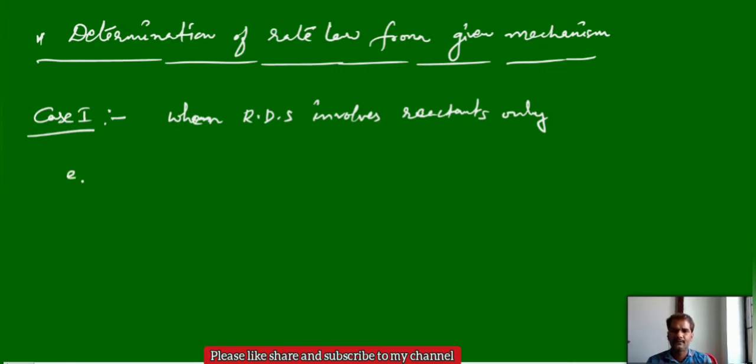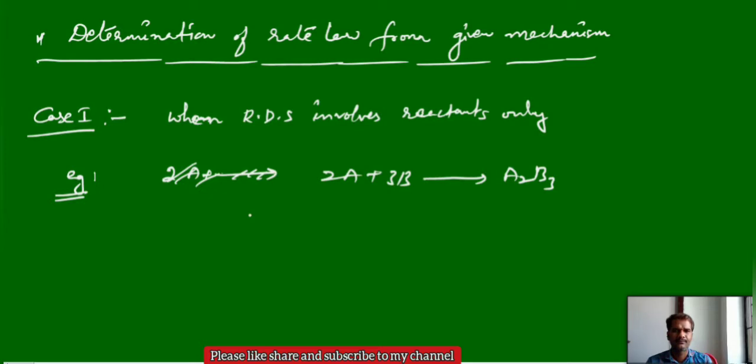Let us take an example. We have one reaction, 2A plus 3B gives rise to A2B3. This is the overall reaction. For this, the mechanism is given like this. Initially, A reacts with B and gives AB, this is one step, and next AB